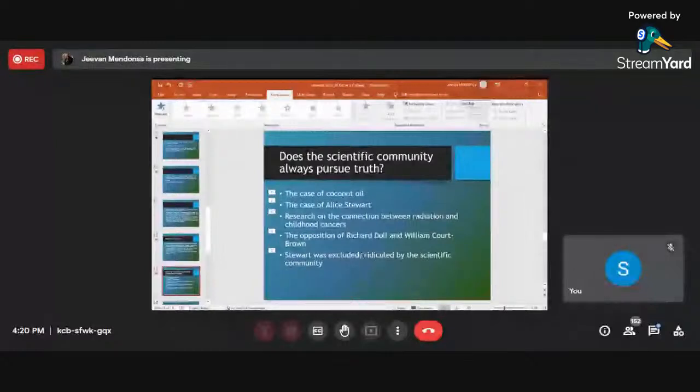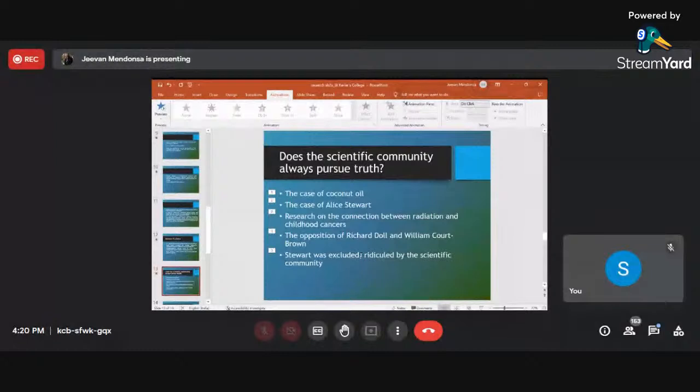Mind you, instead of welcoming that research, she had given a lot of justification, she had given the evidence, but unfortunately, it was opposed. And why was it opposed? Well, it was opposed because naturally the radiation industry and those that were involved in it, the commercial interest, were not happy with it. And there were some scientists like Richard Doll and William Coate Brown who also strongly opposed